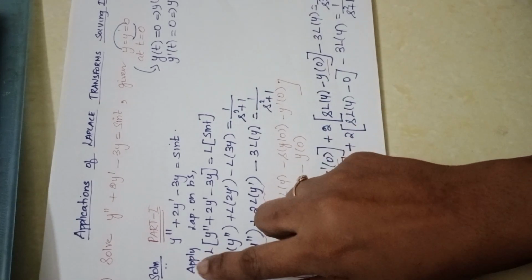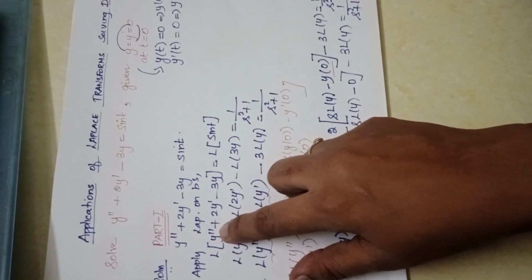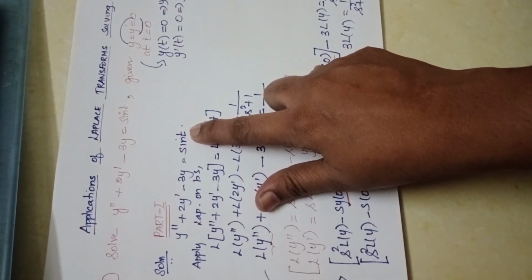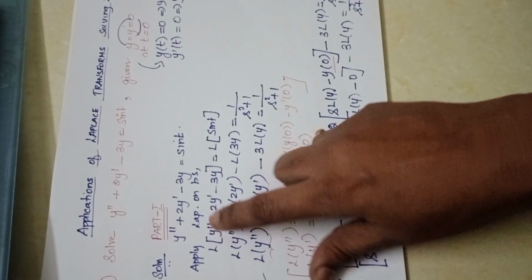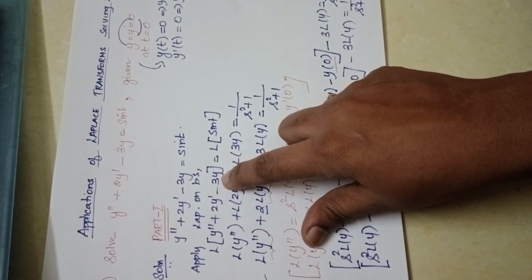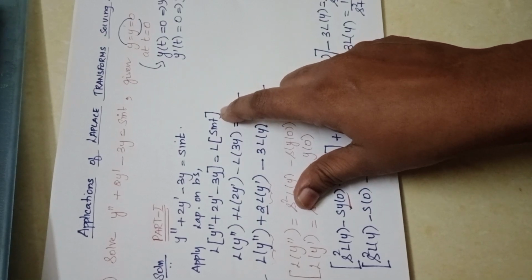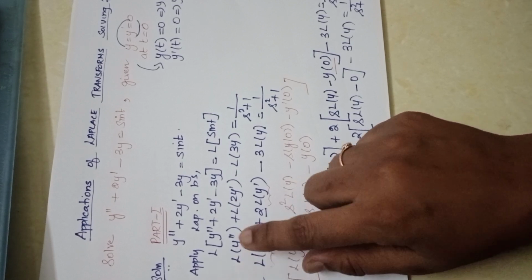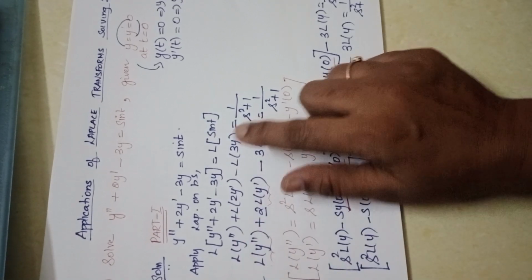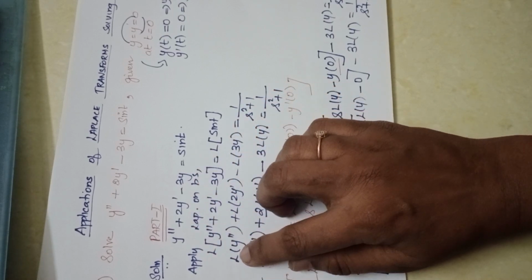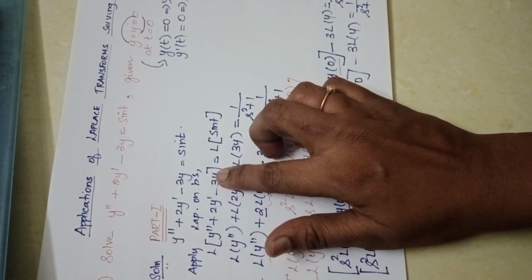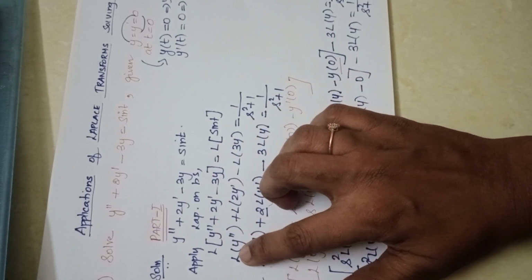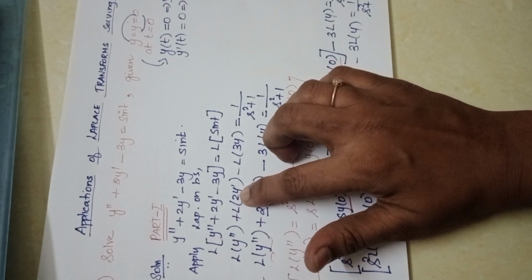Because we are going to use the Laplace transform, to start with the procedure, step 1, applying Laplace on both sides of the given differential equation. So we'll have L of y double dash plus 2y dash minus 3y equal to L of sin t. Now using the linear property of Laplace transform, we understand Laplace separates plus and minus. So from this bracket term, Laplace is going to separate every term which is in the form of plus and minus. So you open the bracket literally, you get L of y double dash plus L of 2y dash minus